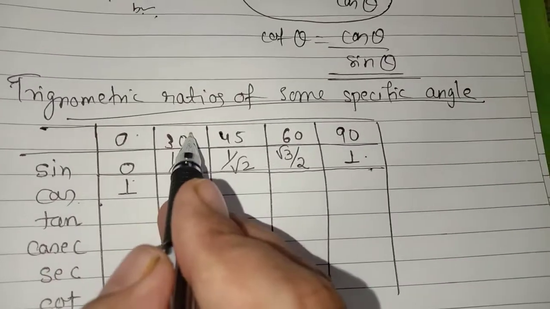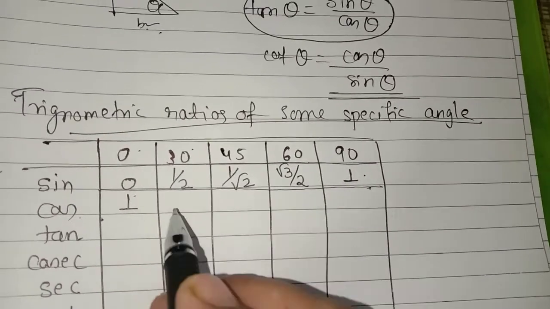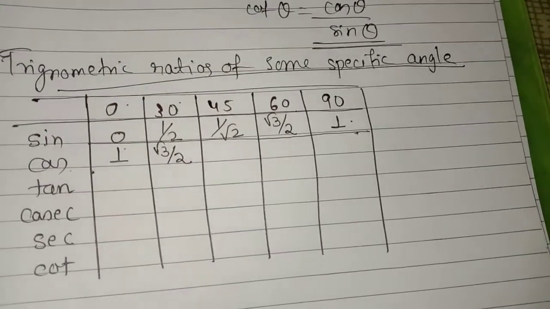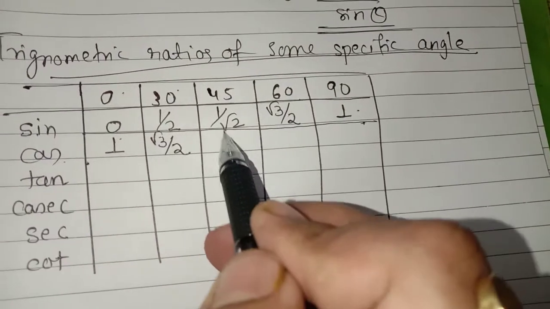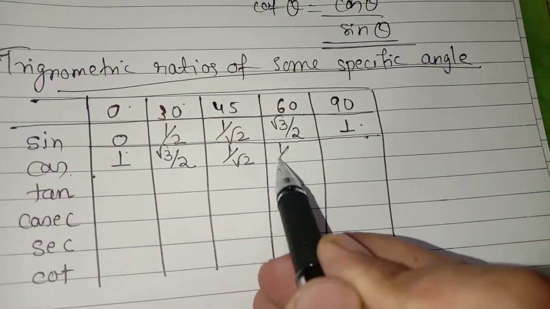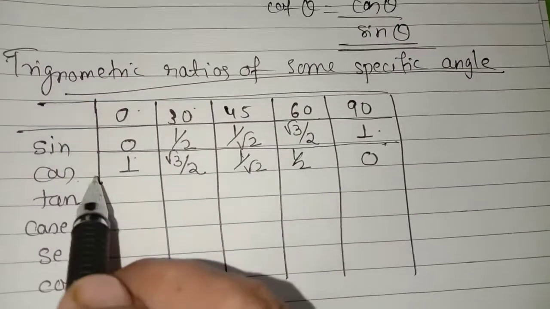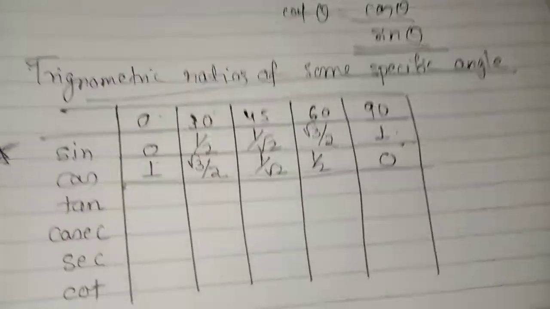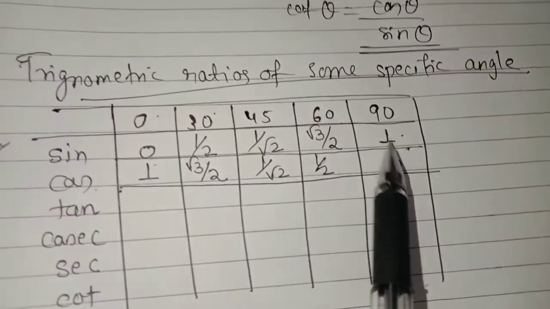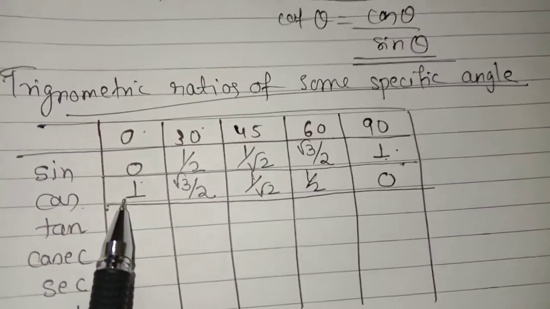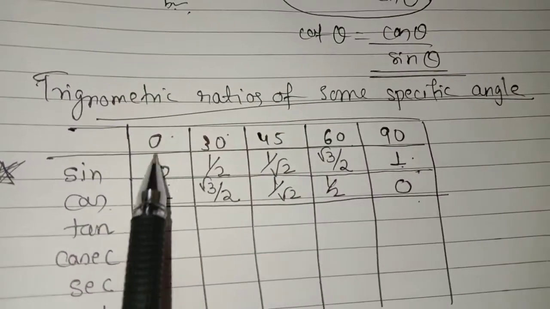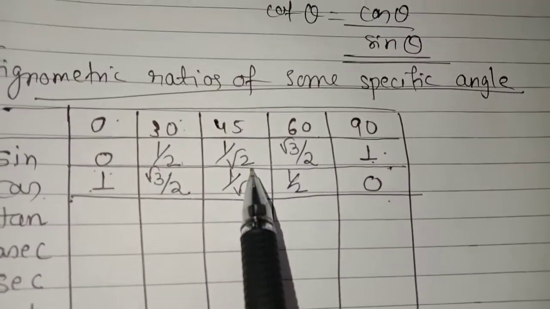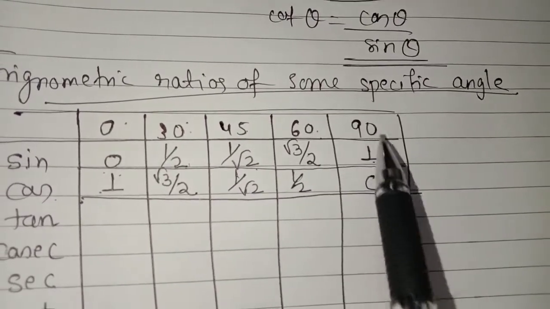Okay. Cos 30, it is the value of sine 60. I will write here root 3 by 2. Then cos 45, it is 1 by root 2. Cos 60 is 1 by 2 and cos 90 is 0. Here we go. Can we see that? All the values of sine are what? Sorry, the reverse order of the cos values. See, sine 0 is 0, sine 30 is 1 by 2, sine 45 is 1 by root 2, sine 60 is root 3 by 2 and sine 90 is 1.